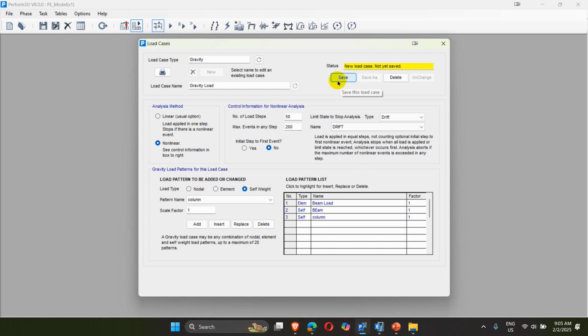And in the next video, we will go for nonlinear static load case setup as well as dynamic earthquake load